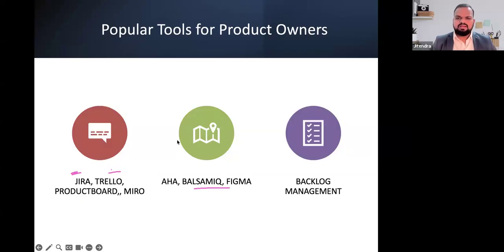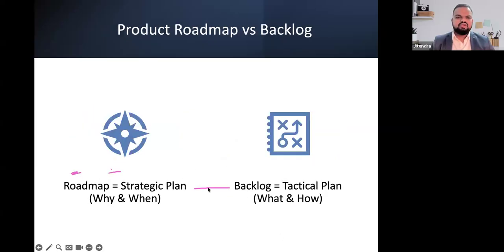Okay. By the way, Jira and Confluence are quite common for tracking the deliverables, writing the user stories, and keeping track of them. Apart from that, a tool like Aha! is for product roadmap creation. Balsamiq and Figma are the tools for creating specific designs, UX designs, which is what you will be creating here. So this is what you will be doing, working on the roadmap.